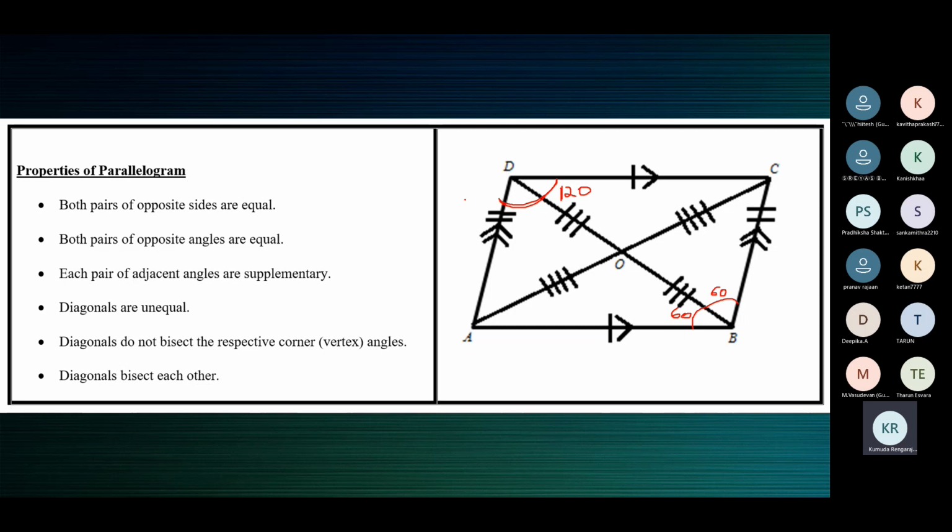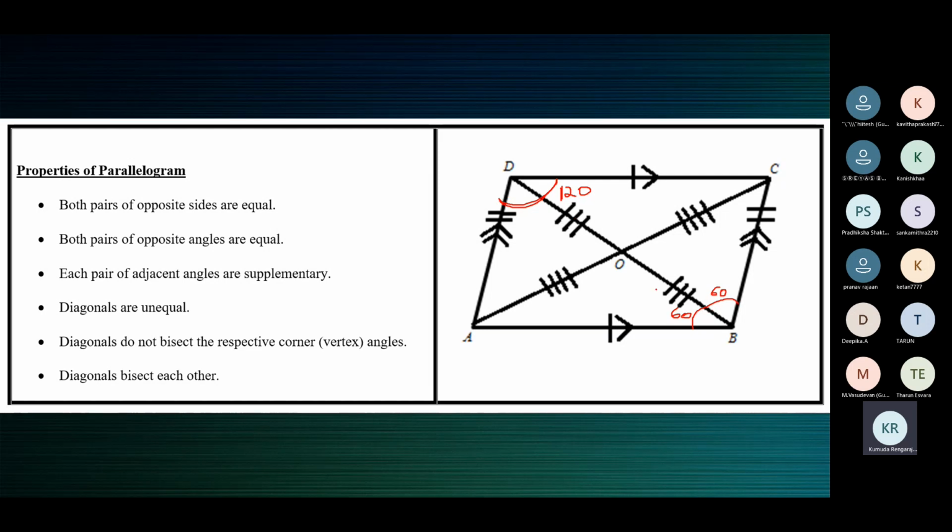No, we're just trying to understand the properties. We're not going to take it very seriously because we'll not dig from different angles. I'm saying this just to help you understand the property. Did we learn that the diagonal does not bisect the corner angles? Diagonal BD does not bisect angle B, does not bisect angle D, correct? Yes, ma'am. But here it looks like BD bisects angle B, right? Yes, ma'am. So I'm saying this is not true in the case of a parallelogram.